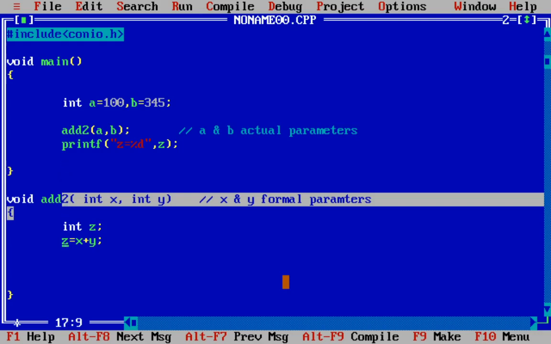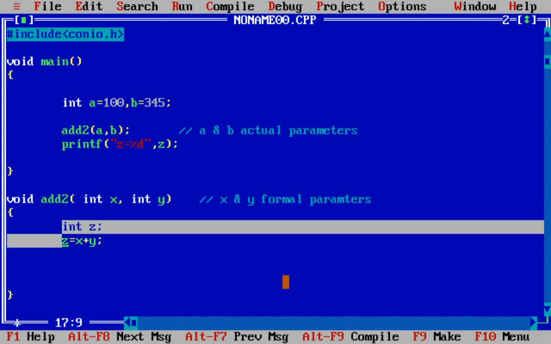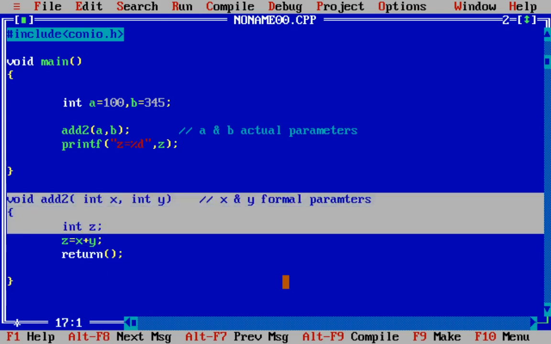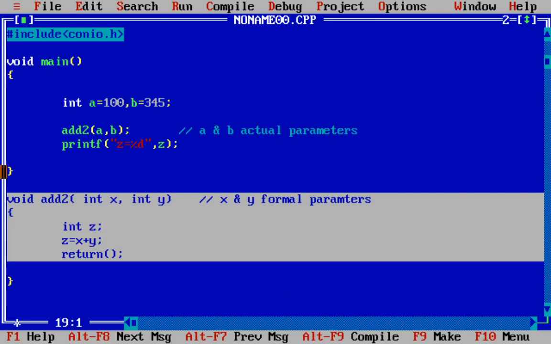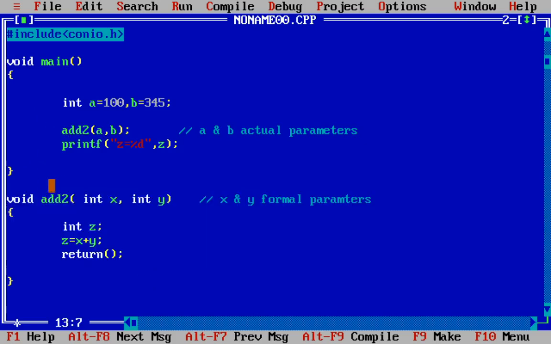So what we'll do? Now we know that we have declared a z variable, we have added the value, and here we will return that value of z to the calling function. So we have seen a statement called the return statement. Return statement in C language is used to stop the execution of the function. So it will stop the add to function execution. It will return the control back to the calling function. That means it will return the control to the function from which it is called. Add to is called from main, so it will return the control back to this statement. And while returning, I will ask the compiler to return the value of z also.